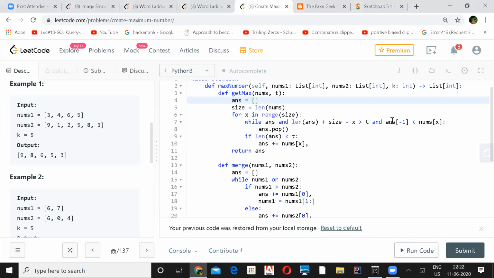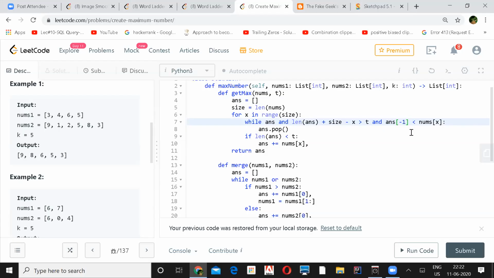And here, ANS minus 1 means I'm picking the last element from the answer, the current digit which I've inserted, because you just want to compare with whatever is the last one. If you compare it, then you are getting the greatest one. Correct.